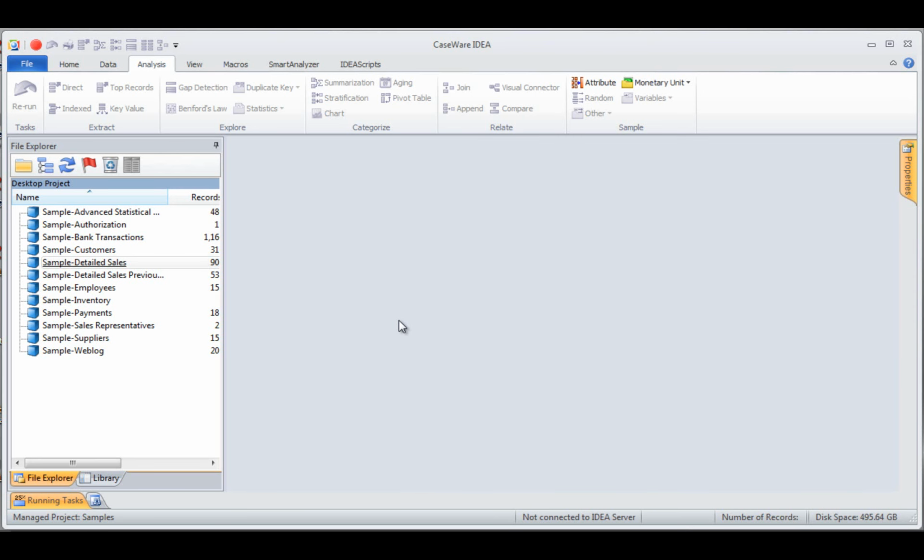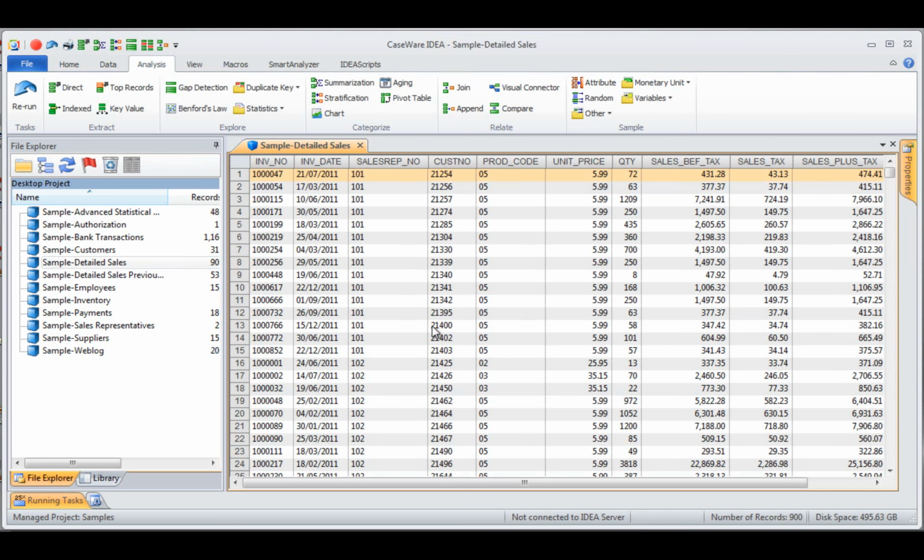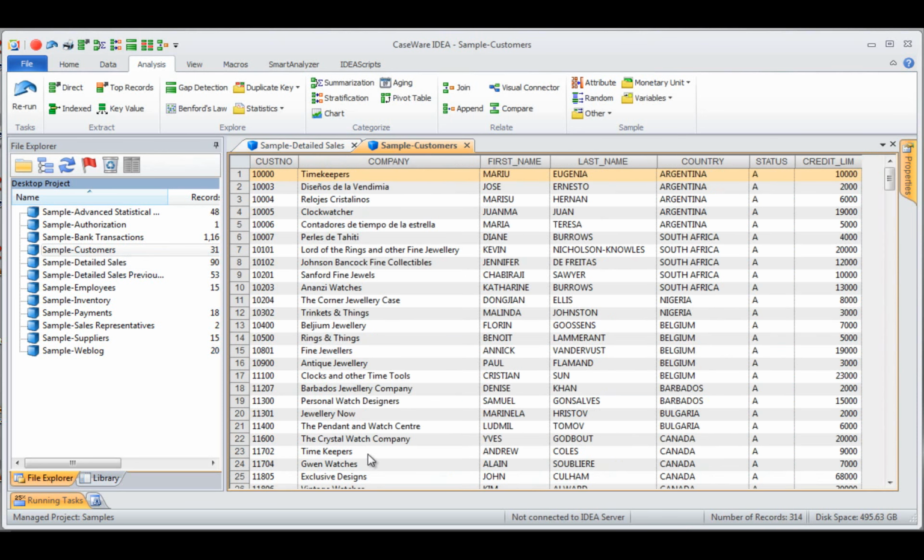I'm going to now demonstrate how to do the different types of joins within IDEA. In order to perform a join, you always need 2 files, and those files need 1 or more common fields. So first, let's open up the 2 files that we want to join together and verify if there's a common field between them. I'm going to be using the sample data that comes with IDEA. If we open up the detailed sales file and the customers file, and I'm going to display them together,